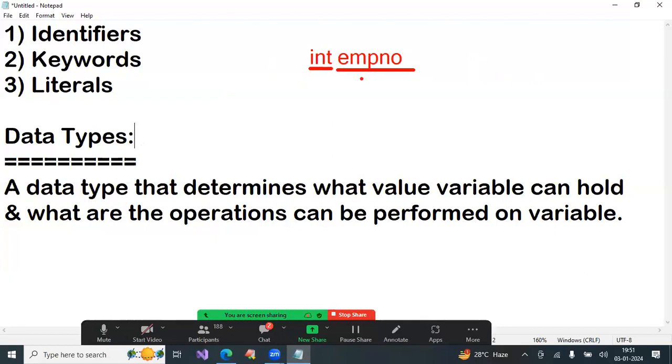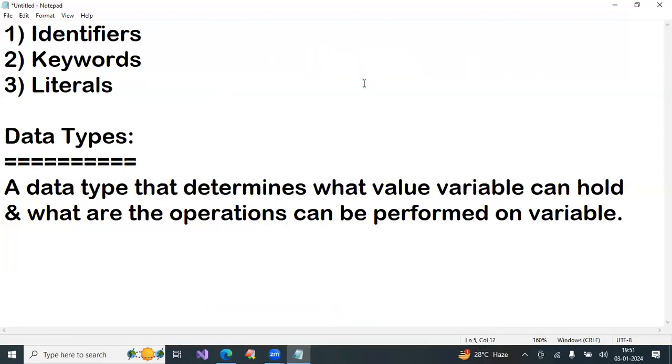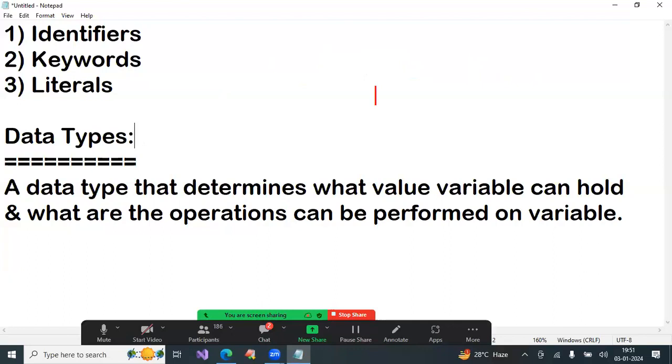Similarly, if you write integer x, x is a variable which contains an integer literal. On this x, all operations are possible: addition, subtraction, multiplication, division, modulo division, less than, greater than. Who decides that? Data type decides.